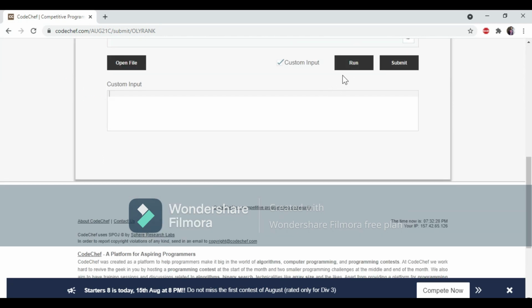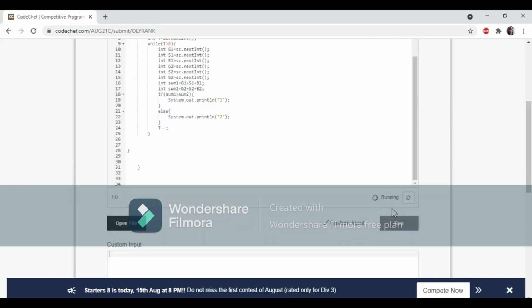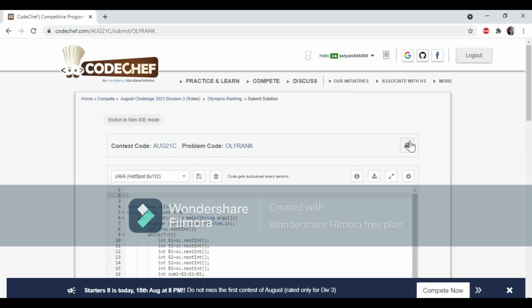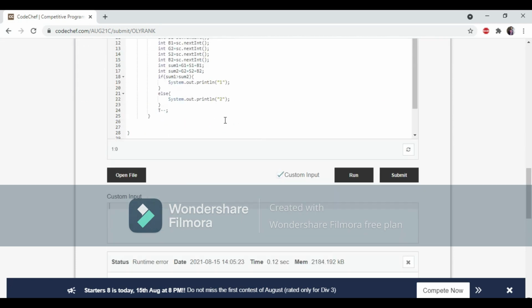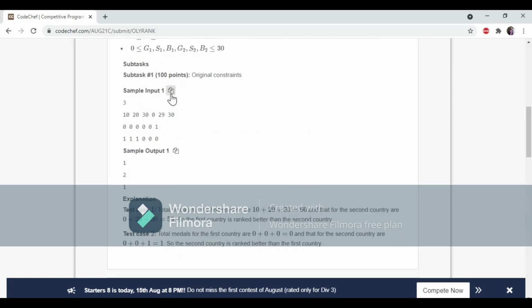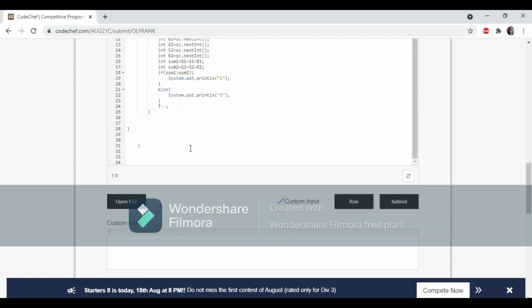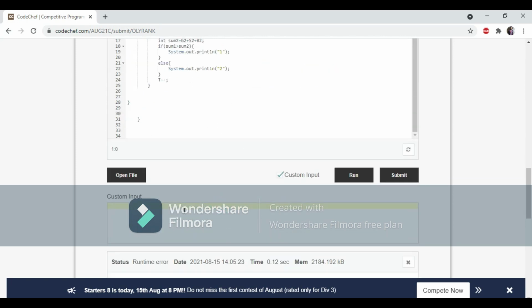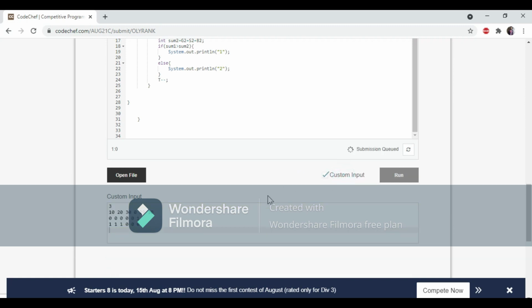So let me run the problem first. It is running. It is running successfully and it compiled. So copy this input here and paste it in the custom input section. Run it again.